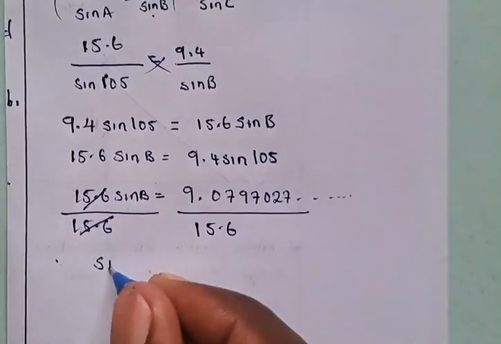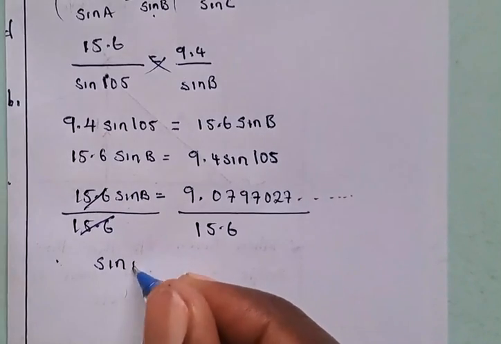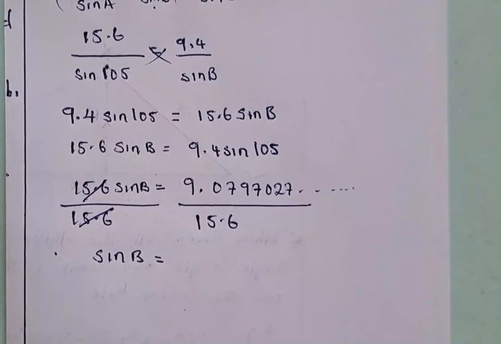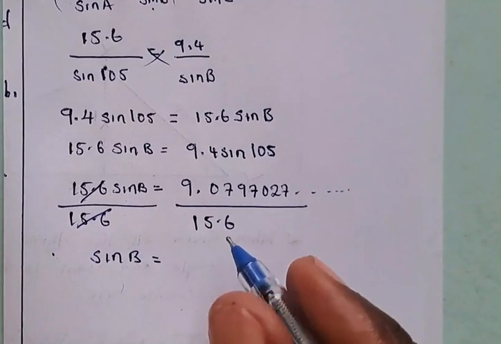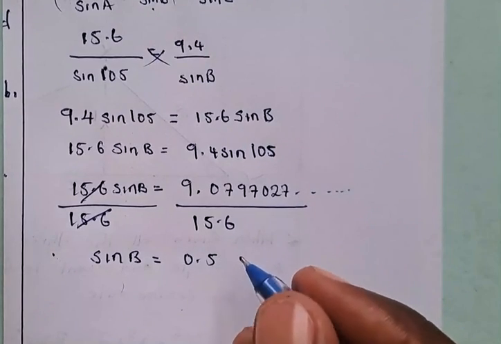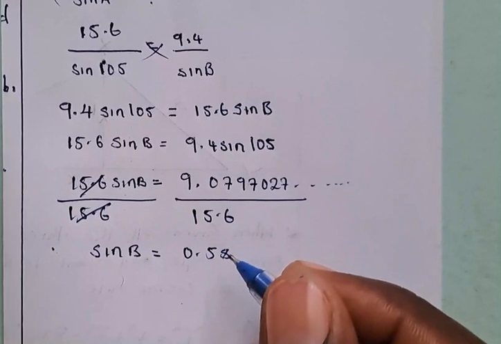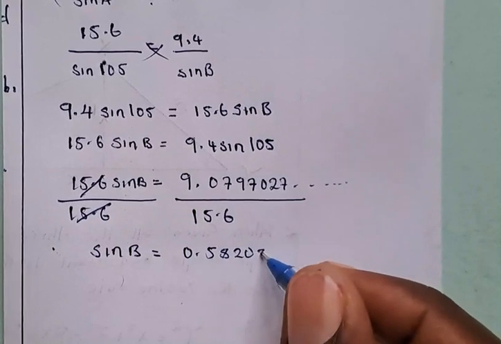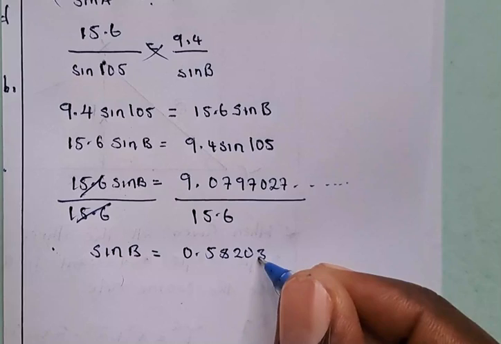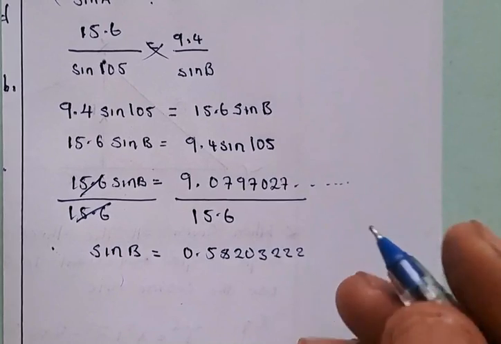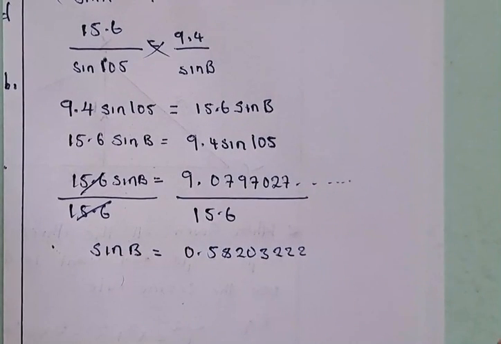We have sine B is equal to, when we divide here, what do we get? So I have our answer to be something like 0.5820222. I encourage you to write at least up to 10 decimal places, because you can just round off after